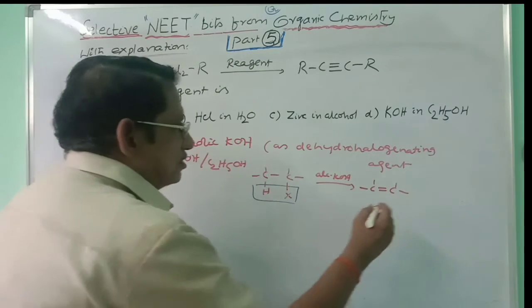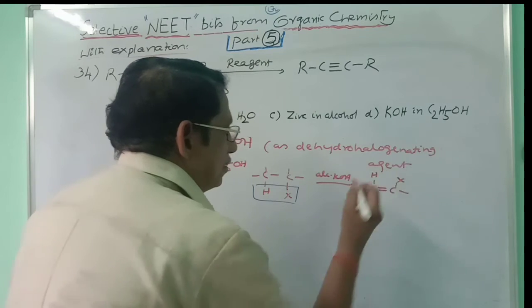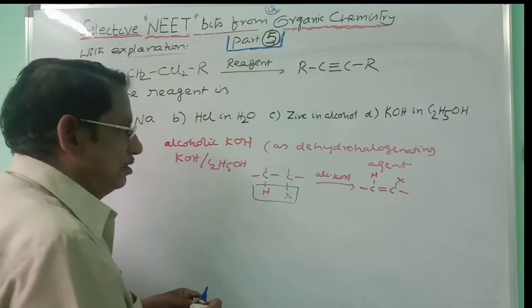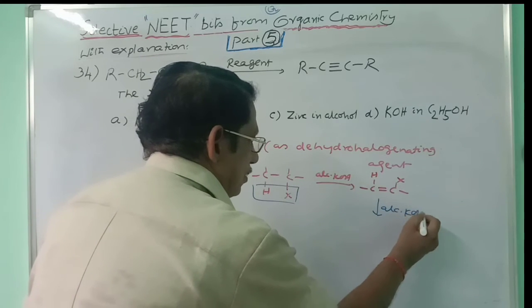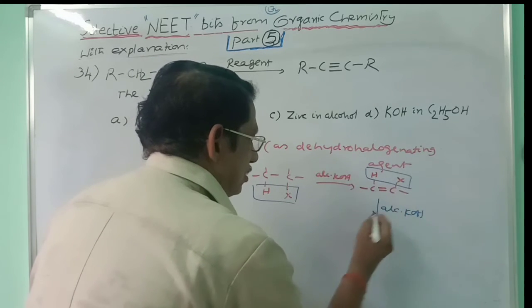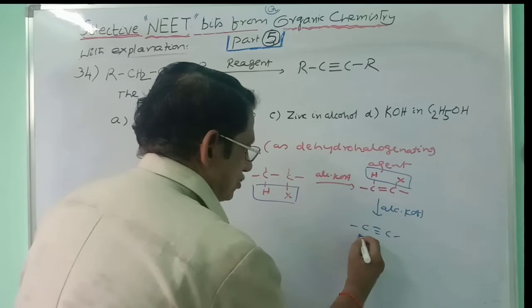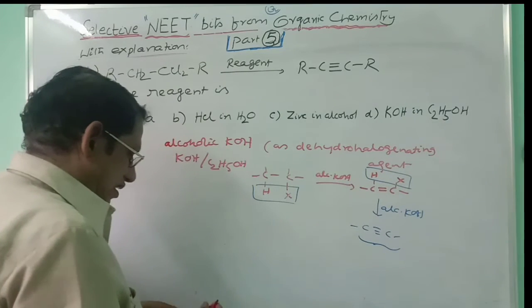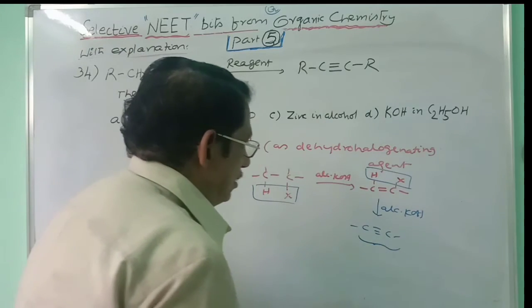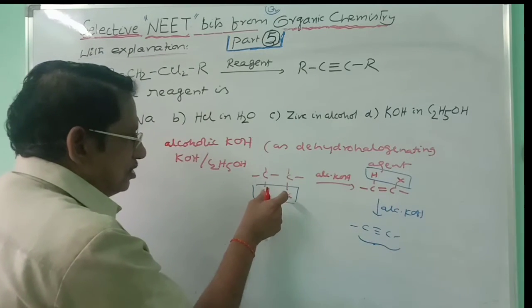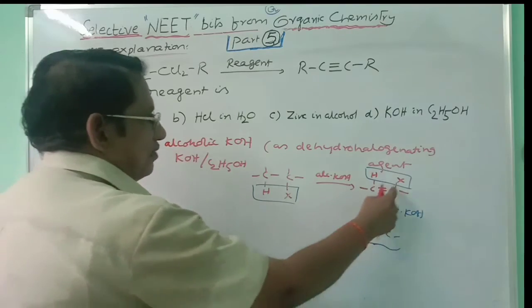One more X is also present here, having beta hydrogen once again. Further, you continue the reaction with alcoholic KOH. Further dehydrohalogenation takes place here and you will get a double bond like this. And generally, what is the reagent used here? That is nothing but the alcoholic KOH. And of course, once this dehydrohalogenation is done, you are getting a vinyl halide.